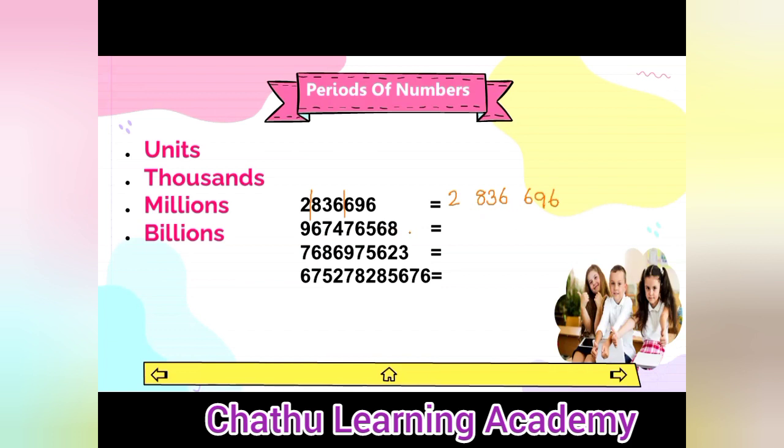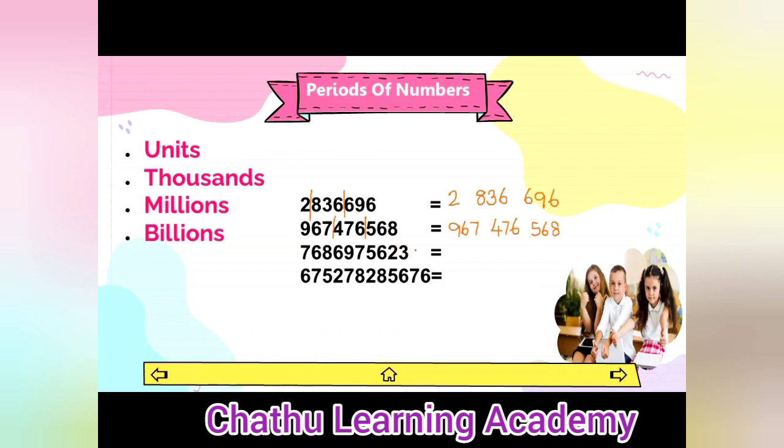Second one, from right side, we want to separate the given number into groups of 3 digits in one group. එක group එකක තියෙන පුළුවන් digits 3යි. 1, 2, 3. Again 1, 2, 3. Likewise, you can separate. Then 9, 6, 7 and keep space here. 4, 76. Again 5, 6, 8. Likewise, you should leave a gap in between these zones.